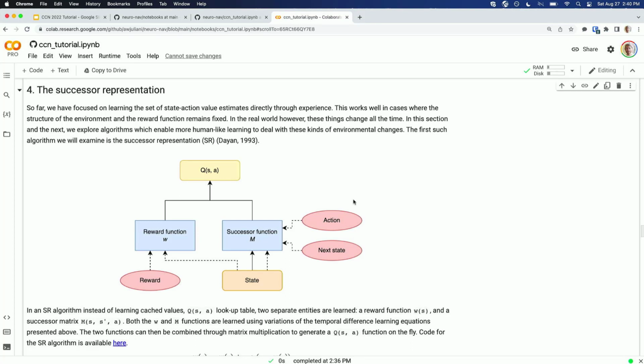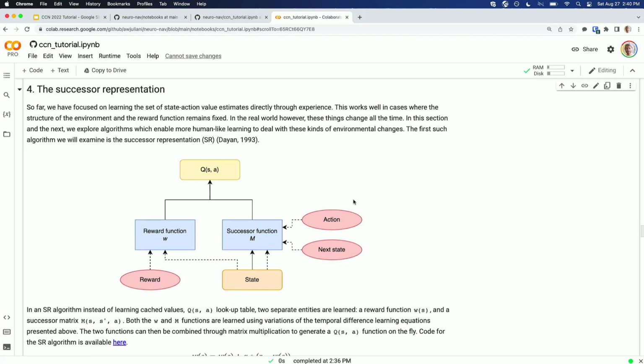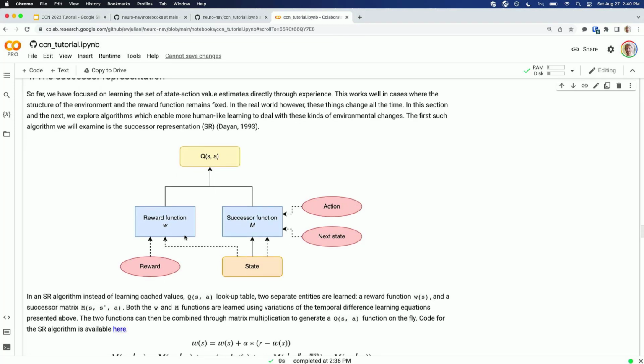The insight behind the successor representation is that these things can actually be decomposed into two separate, logically distinguishable functions. One being a reward function, which tells us what states in the environment are actually rewarding and not. And the other being the successor function, or the successor matrix, which tells us what the dynamics of movement through the environment are. In a given state and a given policy, what are the kinds of future states that the agent might expect